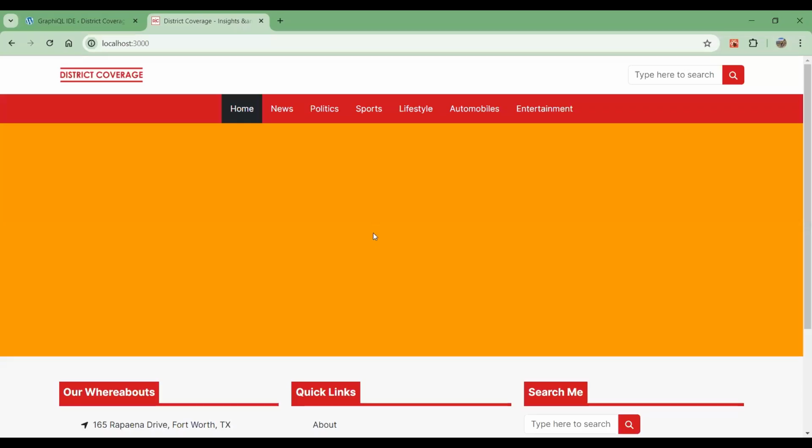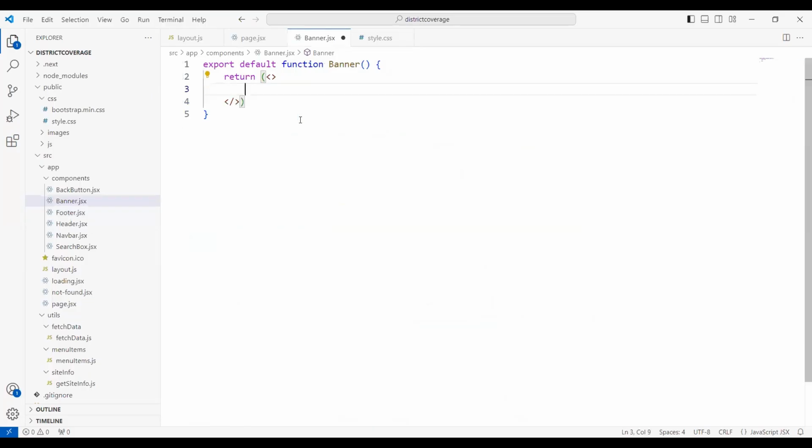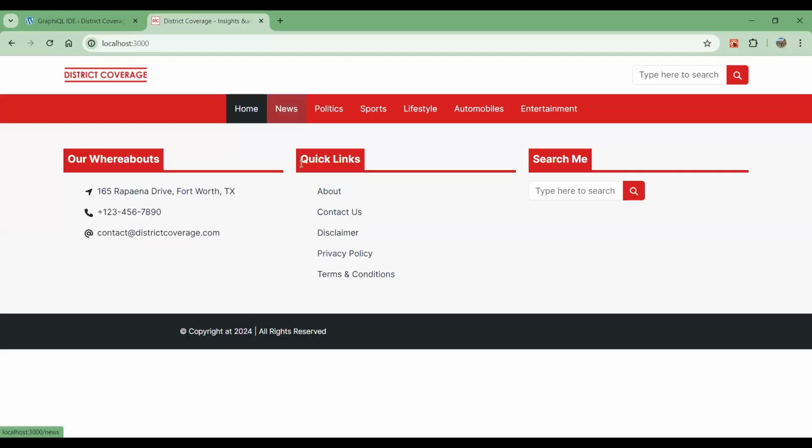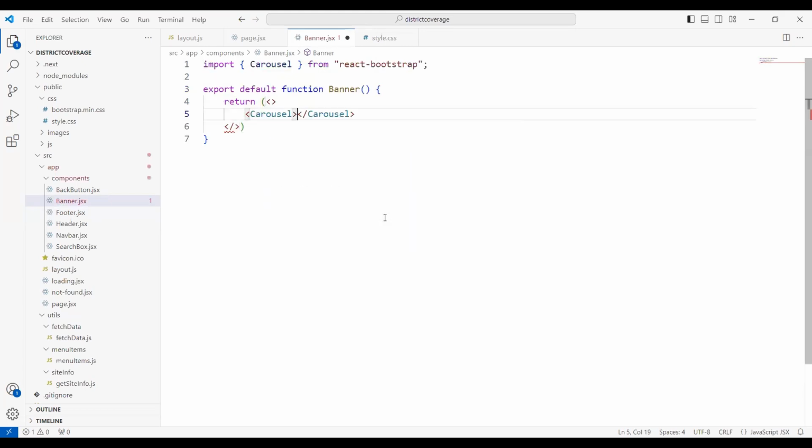So let's just delete this, and now we will create a carousel. Since I have already installed React Bootstrap over here, we will use the carousel from React Bootstrap. So let's write Carousel, and